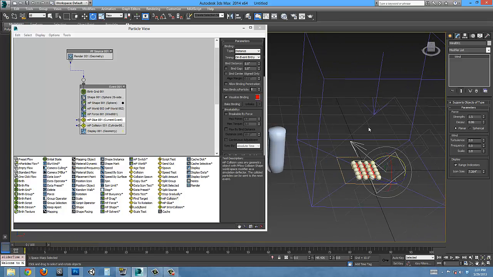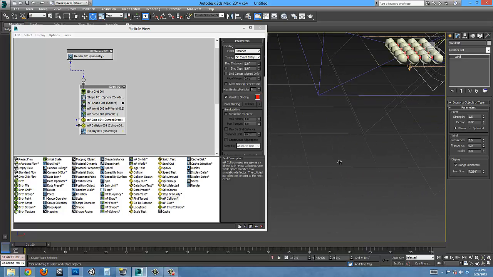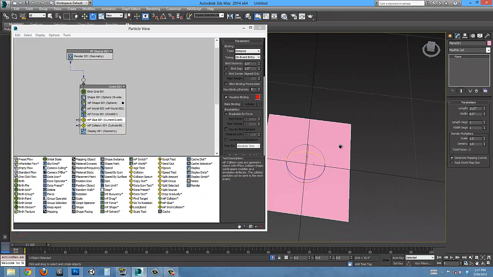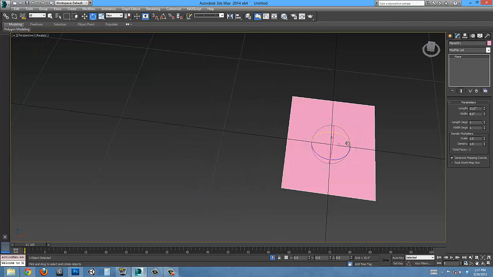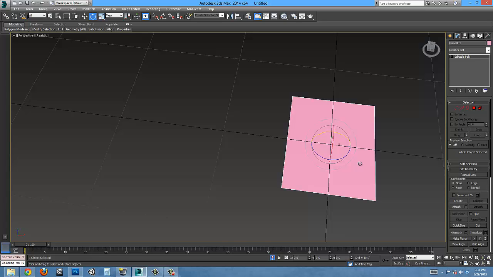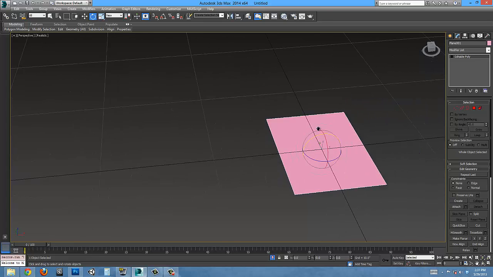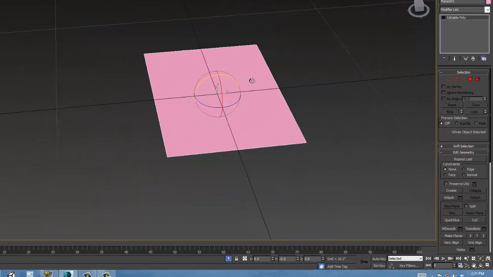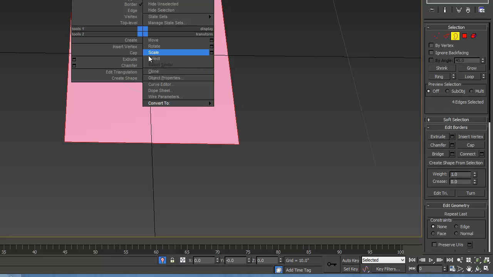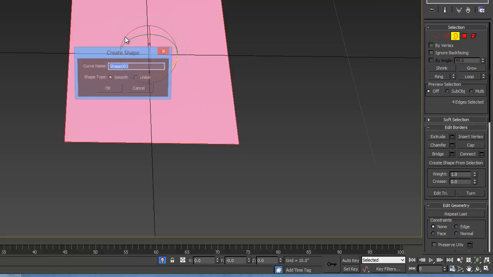The next step would be to grab this piece of paper and actually make some sort of mesh, right? But I don't want to just give it a normal grid. I want to give it a very irregular grid, so that it bends more interestingly instead of all computery. So I'm going to grab this border, convert the border to a shape, and say that this is the paper mesh,